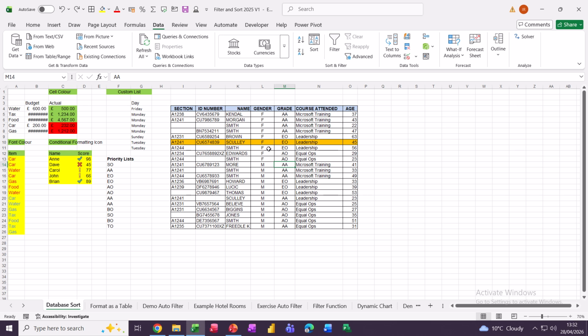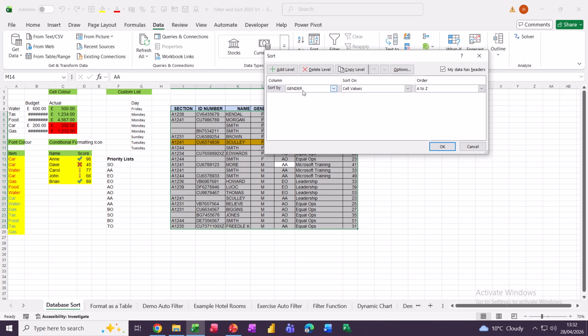Now if you want to sort by more than one column, you need to go into this box like so. And whatever you last did will be there, but I want to change this to name. I want to sort by name, and it's on cell values. You've got different options in there. So you've got all this sort of stuff, and it's on A to Z, and again you've got different options in there. So name, and then I'm going to add 4 extra columns. So add, I'm going for gender,